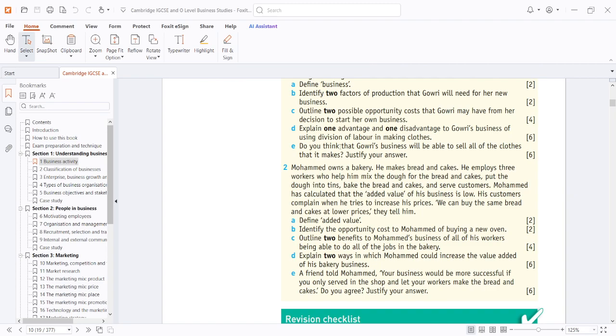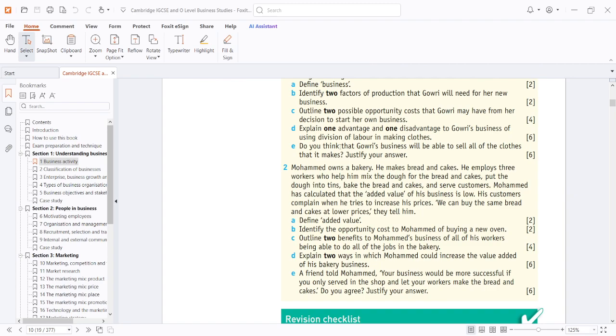And 2B is identify the opportunity cost to Mohammed of buying a new oven. Well, you would have to choose between oven A and oven B. One may be more expensive, the other is cheaper. Maybe one has more features or something like that. And then we have